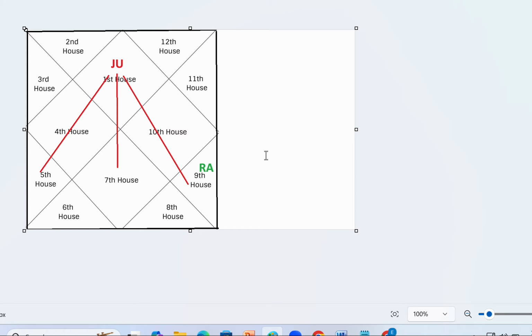Now, if at all any malefic planet, let's say instead of Rahu it is Ketu or Saturn, then Jupiter's impact on the ninth house. Wait. Saturn is the most benefic planet for this particular Lagna, because Saturn owns the 10th house and the 11th house. It is a fantastic planet. So Saturn sitting over here in Dhanu will make Jupiter extremely benefic.